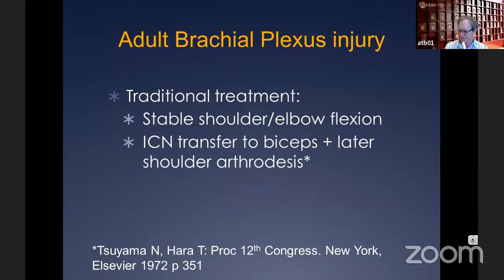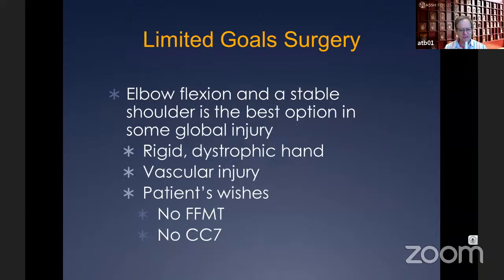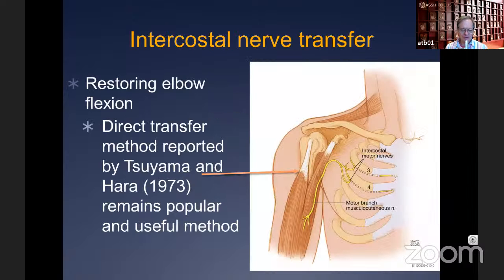Some of our patients have very stiff hands from basically a nerve effect that produces swelling and stiffness. This type of limited goal surgery, therefore, is something that we do use as needed at times, but for the most part, we're trying to obtain grasp as well as shoulder and elbow function. Elbow function is the highest priority, and